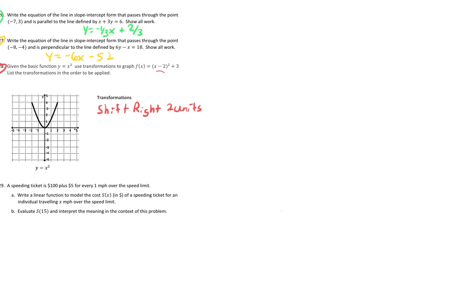And then we see a plus 3 on the outside, so we shift up 3 units. So now we can pick some points to start on the y equals x squared graph and see what these transformations do, and then try and draw a line. So if we start at that 0, 0, we'll shift over 2 units and up